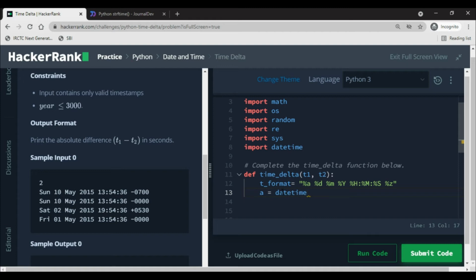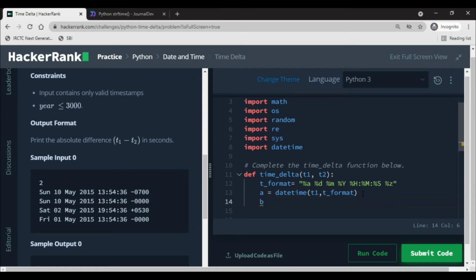I think datetime only we have to use. Let me use it. T1, with datetime you can actually put format and the test case timestamp both. So datetime, yeah, it is correct.